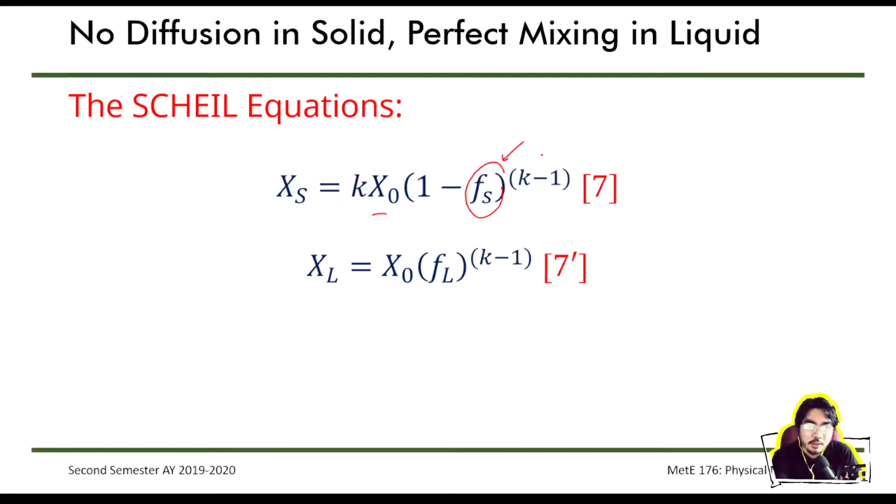XS is the composition of the solid at any given point, and FS is the fraction of the solid. If we think of the inverse lever rule, suppose this is the liquidus line and this is the solidus line, and this is our working composition. At any given point, we have